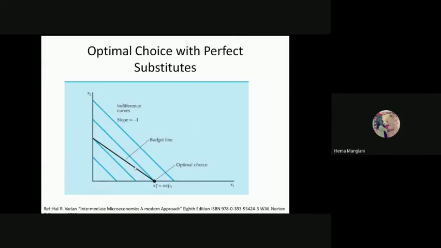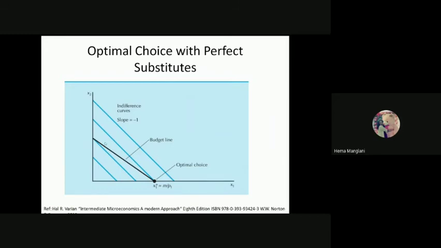Now, optimal choices with perfect substitutes, as was already covered. So I discussed this. So here we have, see, the one choice, here we have another choice. So we have a tangency which is occurring here also and here also. This is nothing but the demand curve. So MP1, this is your whole demand.